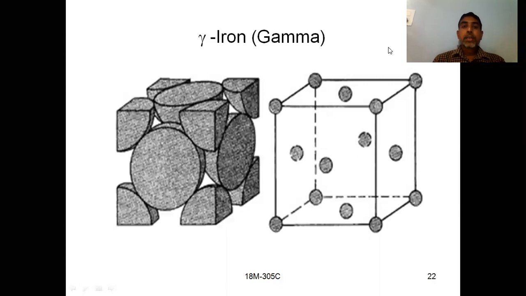See, this is gamma iron. What is the crystal structure of gamma iron? This is FCC. See here, for this face 1 atom, for this face 1 atom, for this face 1 atom. Every face has 1 atom, and half of it is shared by that face. In this way we can calculate the effective number of atoms. These things we have discussed elaborately in the previous session, structure of materials. You can refer to those videos if you have any doubt.